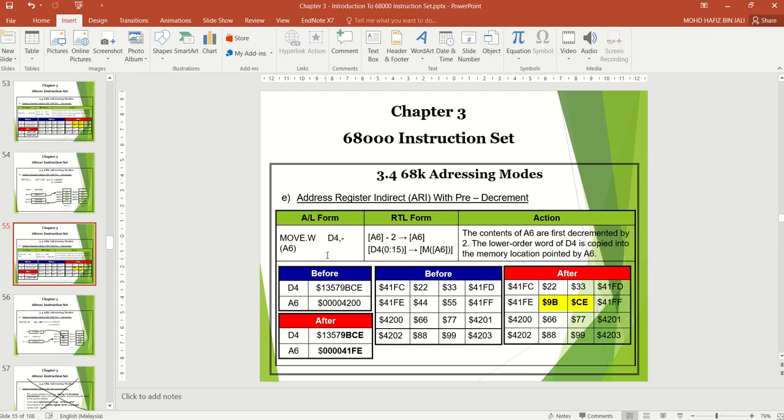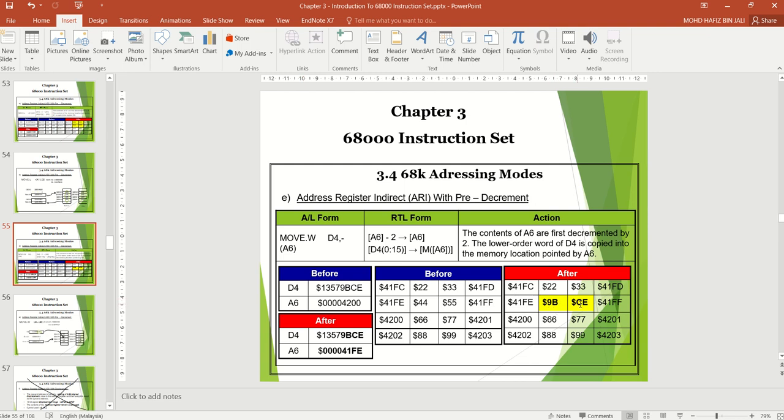The value of D4 will not change because it is a source. But the content inside A6 will change.